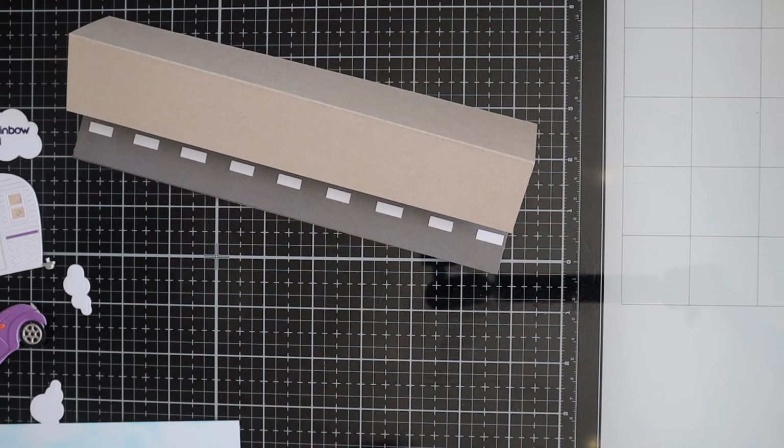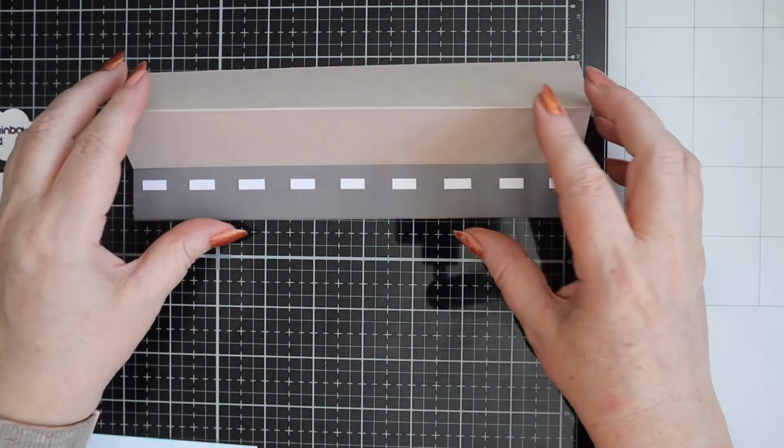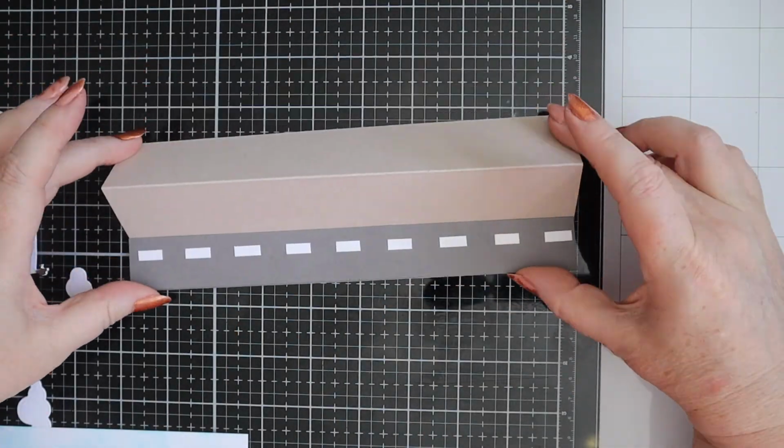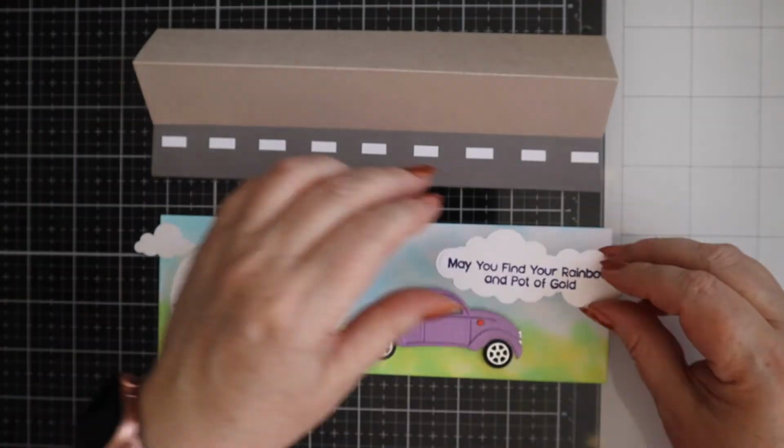All easel cards need some kind of stopper to hold the easel in place. So I have made mine by stacking together 3 bits of slate grey cardstock, 9 inches by 1 inch. And then I've affixed them onto the bottom of the card base on the inside, and that acts as the stopper. Off screen I've done some die cutting and assembling, cut a 9 by 3 inch panel of white card